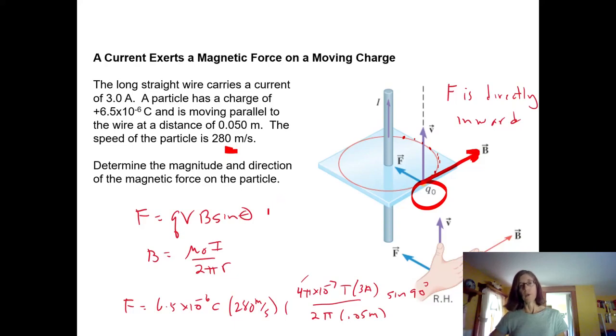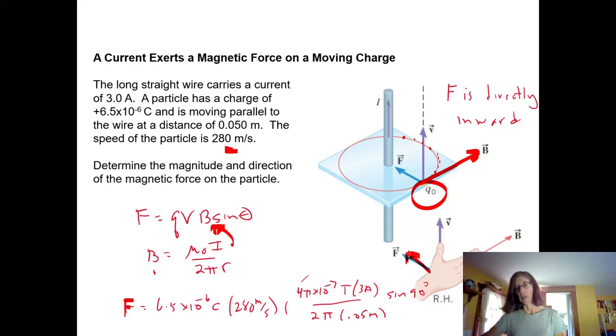So this actually involves two equations. We know that the force is equal to Q times the velocity times B times the sine of theta. We saw that earlier. But we can make this substitution if we know the distance, and if we substitute in for B here, because we don't know the magnetic field, but we do know the distance, we can calculate the